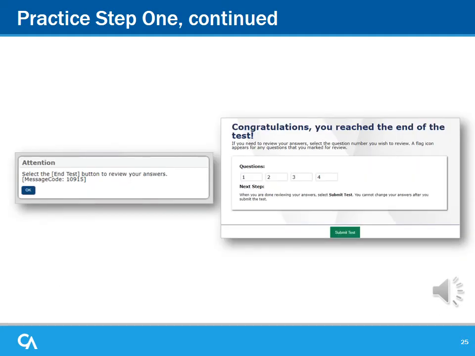If the TA chooses to end the student's test after practice Step 1, they will be asked to click the End Test button to finish testing. A "Congratulations, you reached the end of the test" screen will appear. If the TA chooses to continue the student's test, the student will be presented with the first question of Step